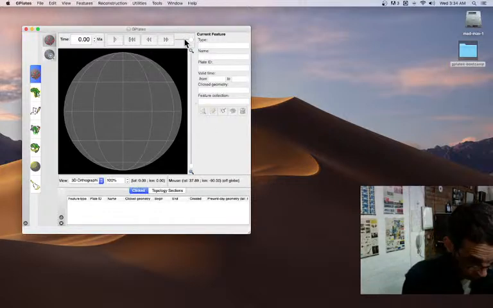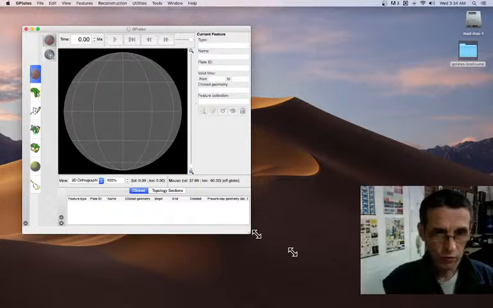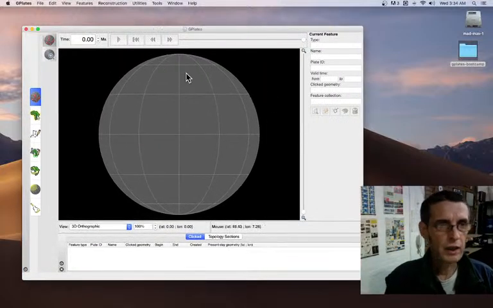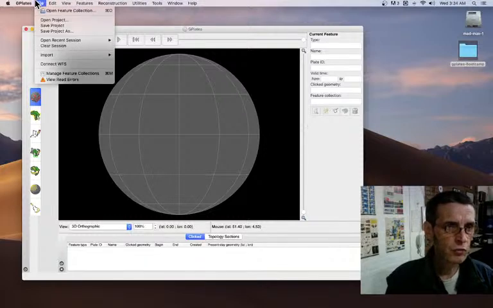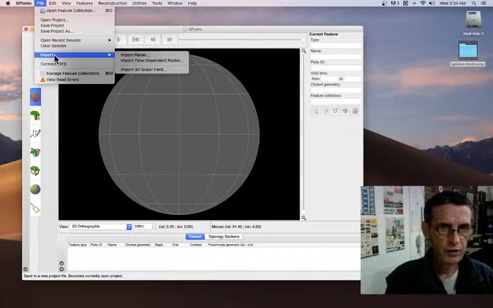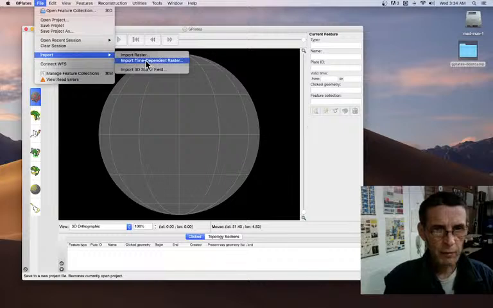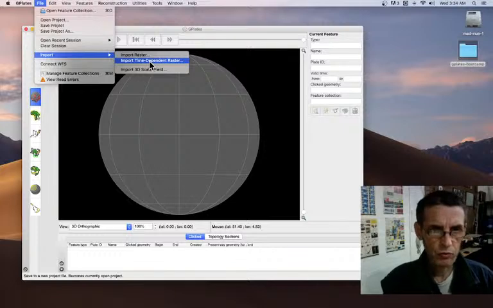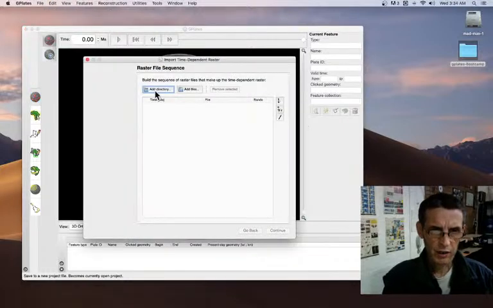So now, how do we do that? In GPlates, we first go over to File and Import. There are two ways to import our maps. Time-dependent raster will be used for the Paleomap. You only use that once, for the Paleomap. Then you use import raster for everything else. So first let's do the Paleomap time-dependent raster. Then you add directory